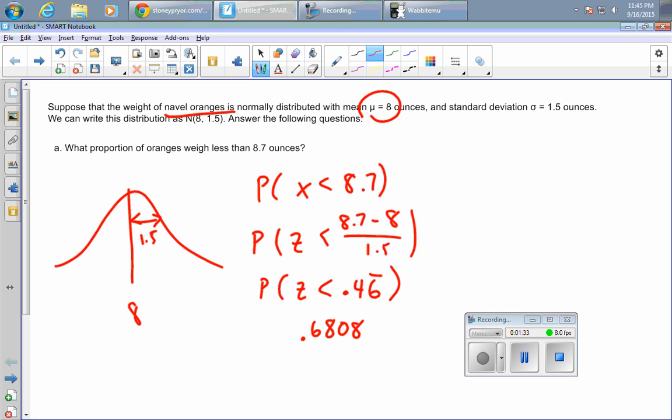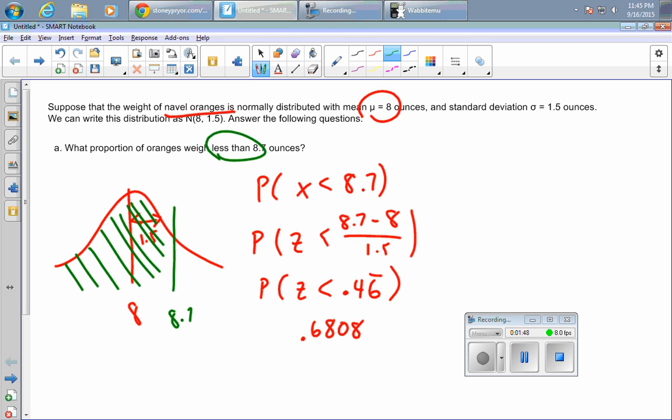So the answer here is 0.6808. Now I also want to show you how to do this on your calculator, although this is the work that I would need to see. Actually, I should also put on here 8.7 and shade this region because it said less than. So this is work that I need to see, but I'll also show you how to work this on your